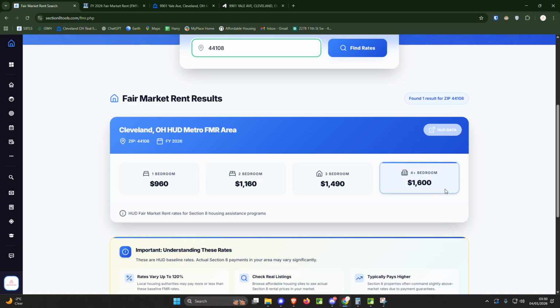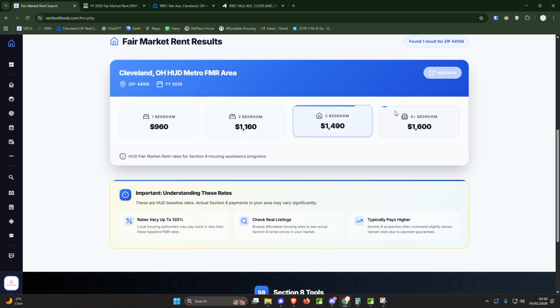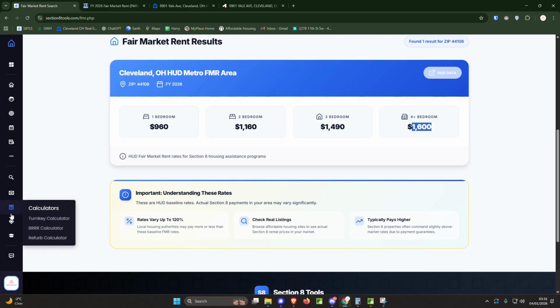So you'd actually check what things are renting for in the area. And Section 8 typically pays like 10 to 20% more than average rental properties. You can see rates vary up to like 120%. So you could possibly be getting paid less, or you could possibly be getting paid like 120% of this, which would be like an extra $320 on top. It very much varies on what the actual going rent is in that area, and you can figure that out by going onto Zillow and affordable houses and things like that. But if we're just going to base it off the FMR, which we can in this situation,